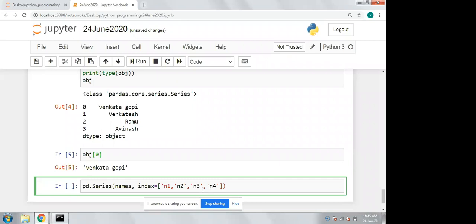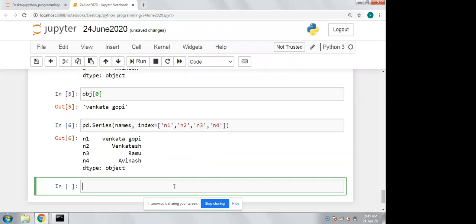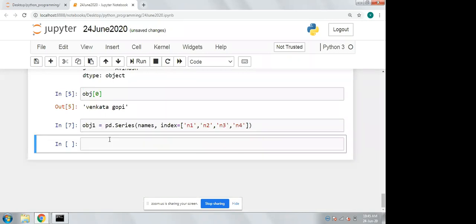If you want to update the data in the series, we can update it. So let us see. I'm creating an object for this again, to access it. From that series, you can update the data based on the index. Normally for getting the data, we are using the positions or index.